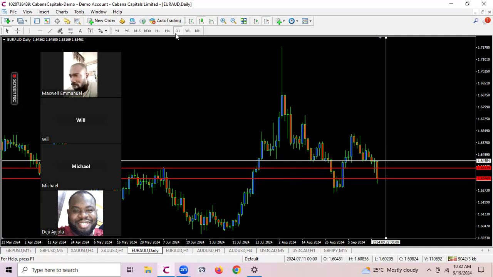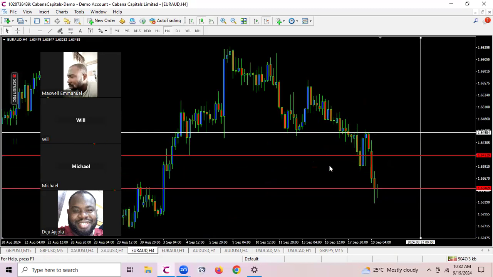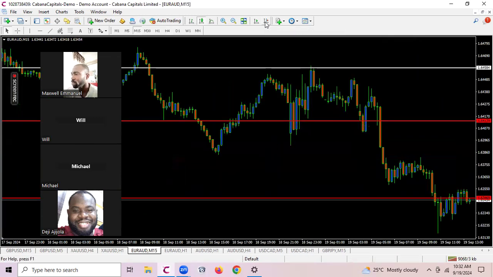So that is my take on Euro Aussie. I'm looking for buy. Let's see what's happening on 4 hour. The previous candle looks like a hammer, but not a valid hammer. So I'm waiting for this current candle to close. If the current candle closes bullish and there's a shift in market structure on 15 minutes, I will go bullish on Euro